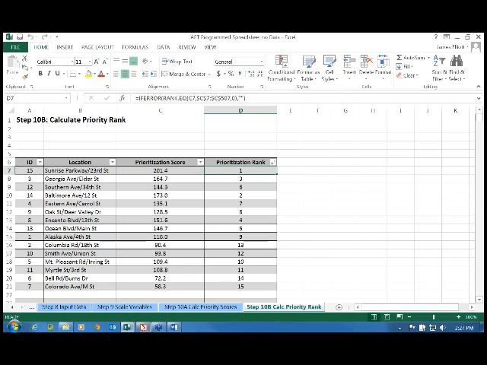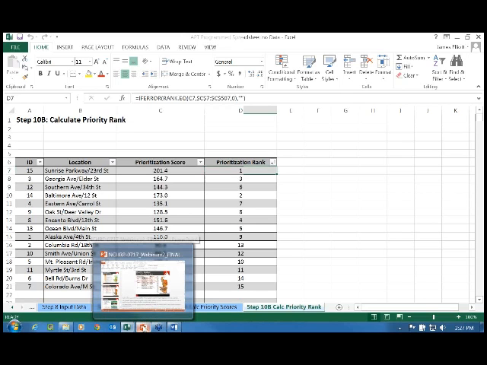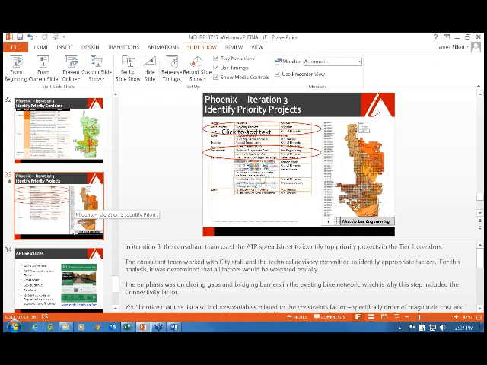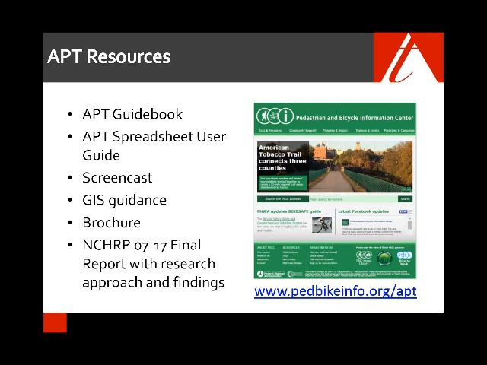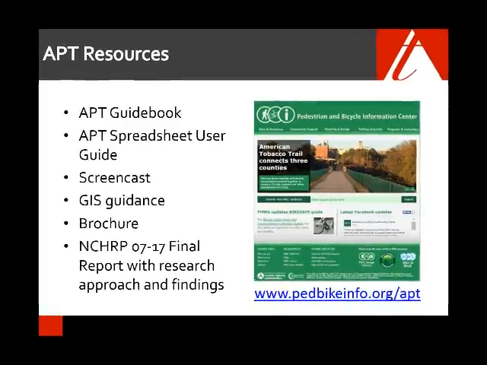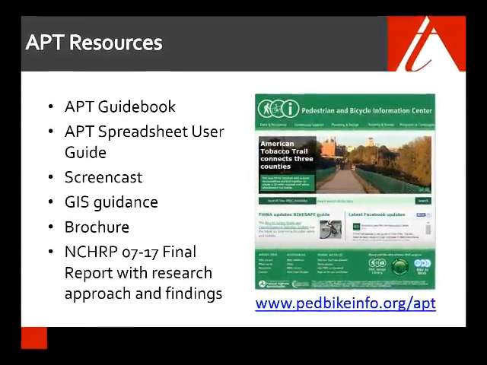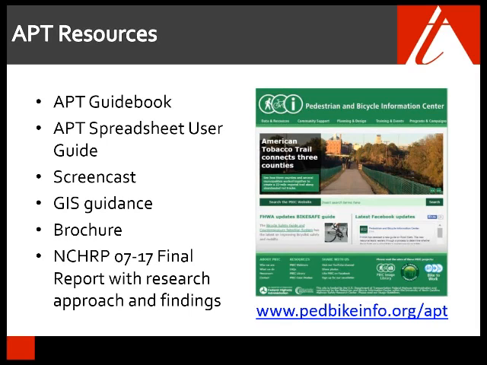So that is the APT spreadsheet. It's one of several resources that we've developed for the APT. As Michael mentioned, there's also a guidebook which describes the APT methodology. There's a user guide that goes along with the spreadsheet, provides detailed instructions for using it. There's a screencast which demonstrates the APT, gives you a very similar experience to the one I just gave you. There's specific guidance for utilizing GIS with the APT